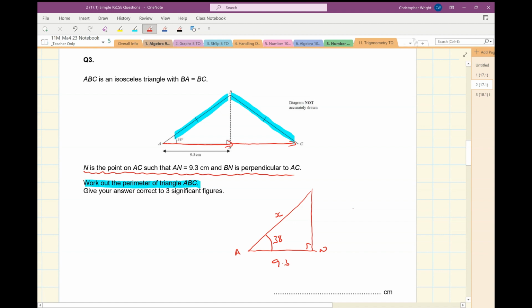Right, well, I can use cos for that, and I'm trying to find the hypotenuse, so x, the hypotenuse, will be the adjacent divided by cos 38. So that length x on my calculator works out to be